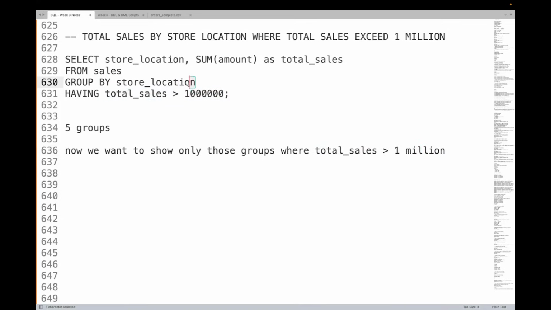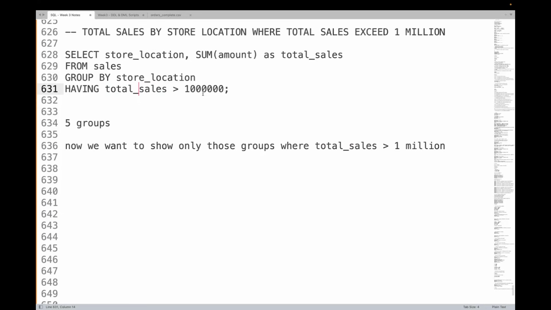because aggregations are happening in GROUP BY only. Using GROUP BY, we are doing all the aggregations. Before GROUP BY, we have not done any aggregation, so total sales is only available after GROUP BY. So how can you do it as part of the WHERE clause? As part of the WHERE clause, you can only use columns which are there in your table, but any aggregations you have generated, you cannot use. So whenever you have to filter on aggregations, you should use a HAVING clause,